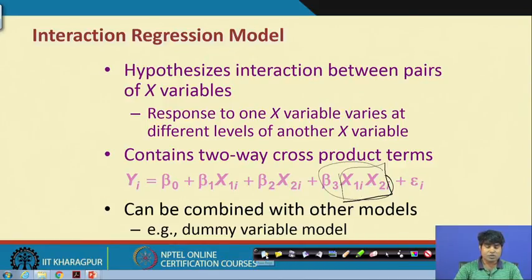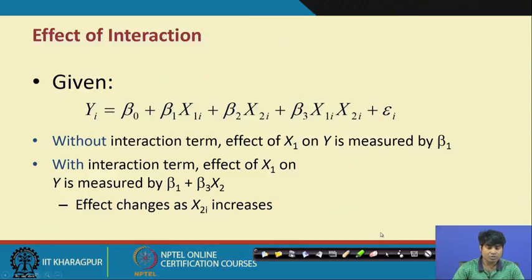First of all, we can explain this interactive effect with an example, and the same examples we can use in the context of dummy modeling, which we discussed in the last class. Okay. So, here is the same structure: the model is y equals beta 0 plus beta 1 x 1 plus beta 2 x 2 plus beta 3 x 1 x 2.